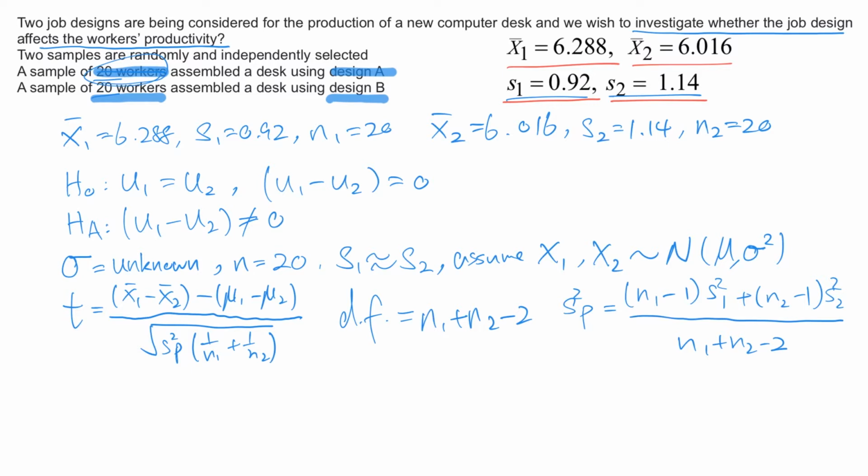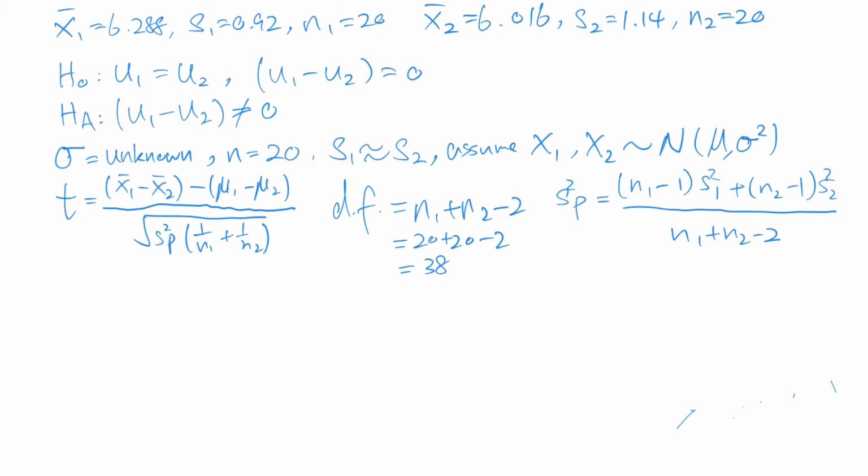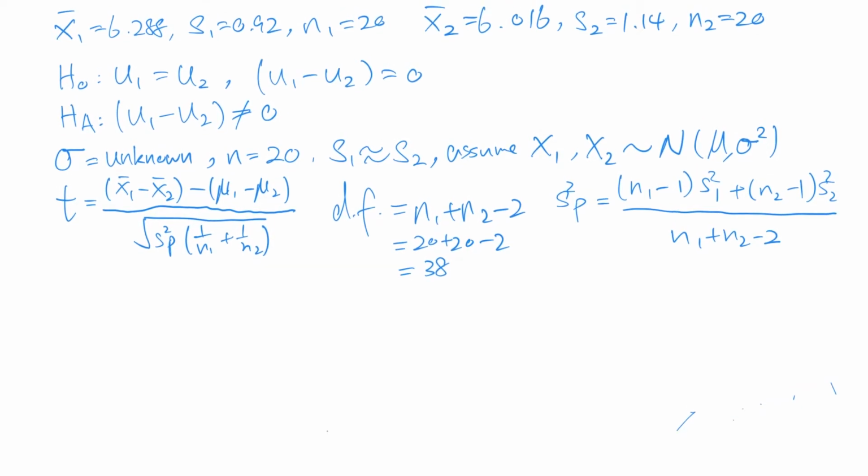So here we actually have to work out our degrees of freedom first, very quickly. That's 20 + 20 - 2, and that's 38. Next step is to draw a diagram to show our rejection zone and state our decision rule. I'm just going to scroll the page a bit to give myself a little room. We have from our alternative hypothesis HA that we have a two-tail test,